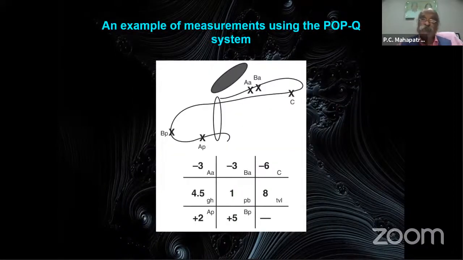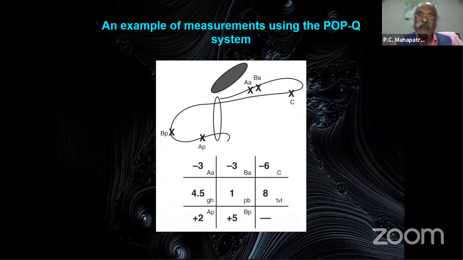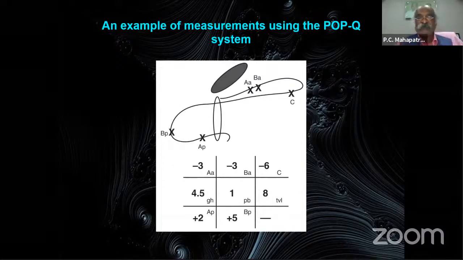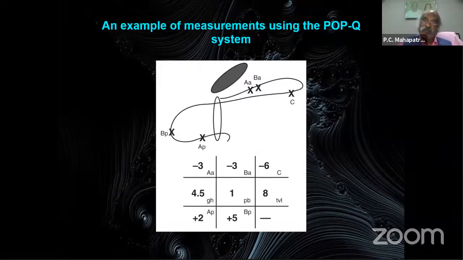So if you combine the POPQ class with the gridding system, the grid is below and the line diagram is above. You can easily correlate with the line diagram here. Now here, what is happening? The C is at the level of the cervix. AA and BA are absolutely normal, but BP and AP have come below the level of the hymen. AP has come up to +2, BP has come up to +5, and everything else is normal. Just the cervix descent up to -6. So this is an example where there is a posterior vaginal wall prolapse along with